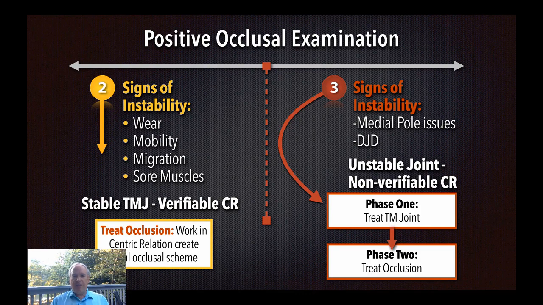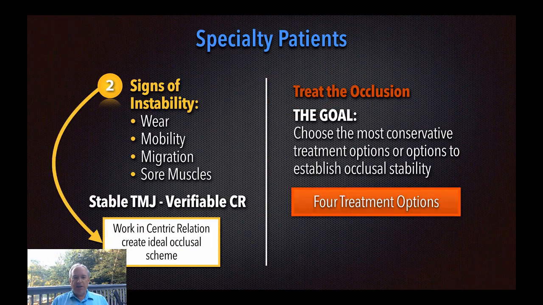if we look at the patients that have possible occlusal exam, let's look at the type 2 first. And again, the signs of instability are going to be wear, mobility, migration, sore muscles. They have a verifiable centric, so our goal is to work in centric relation and create the ideal occlusal scheme from there. And our goal then is also to choose the most conservative treatment option or options to establish occlusal